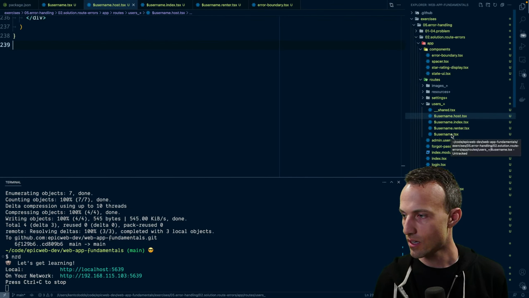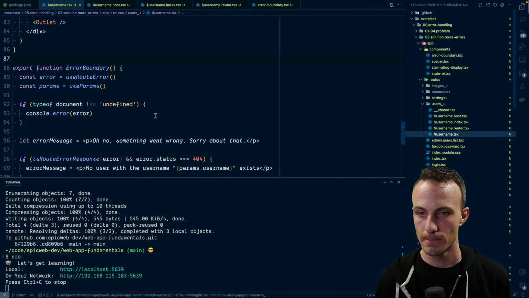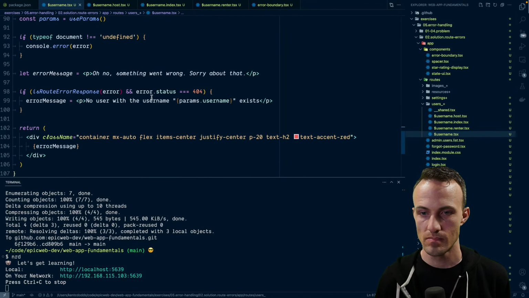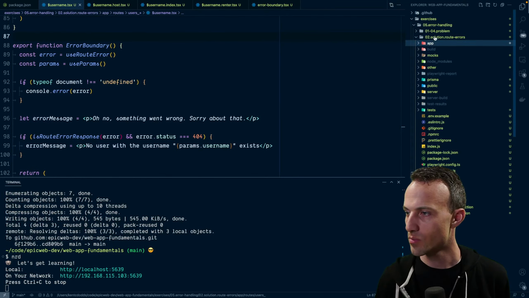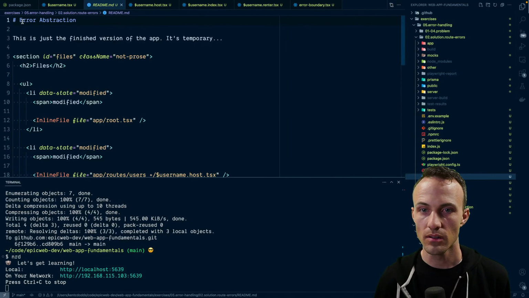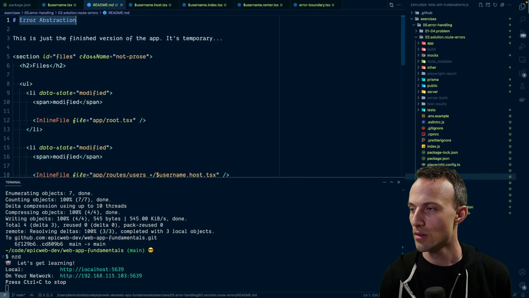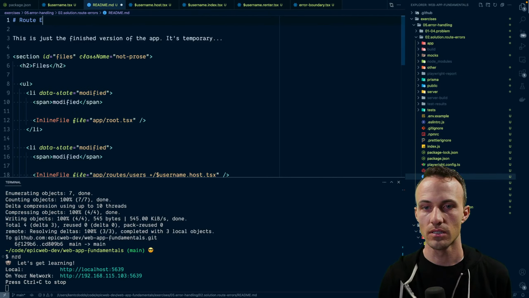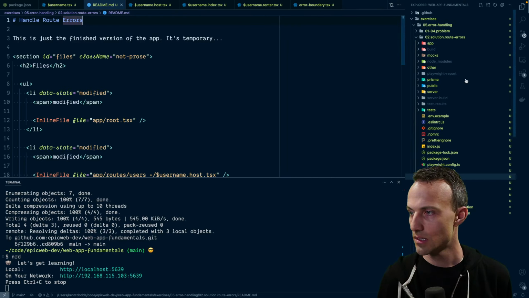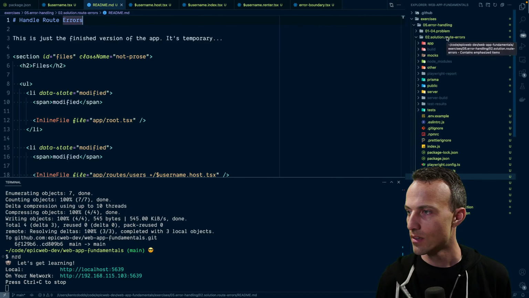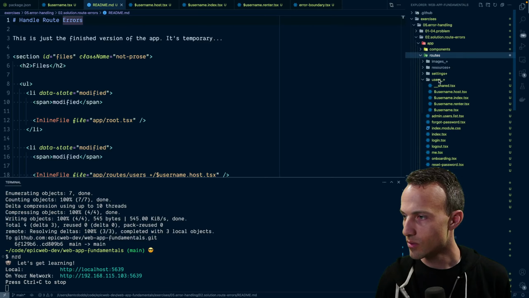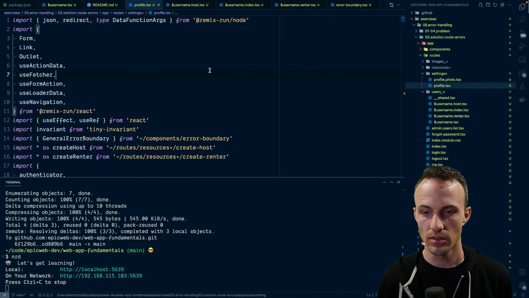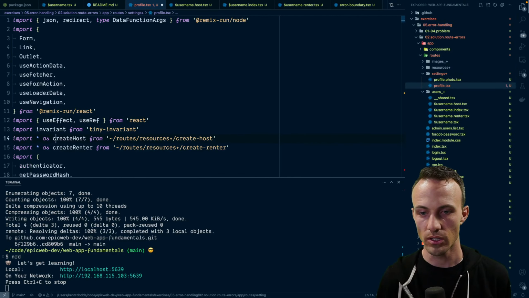Okay, sweet. So then, yeah, I think that's pretty good for that one. Let's update the README. Route errors, handle route errors. Okay, cool. Also, this will be applicable to the profile page too, because we're using the general error boundary there. We do not want to be.